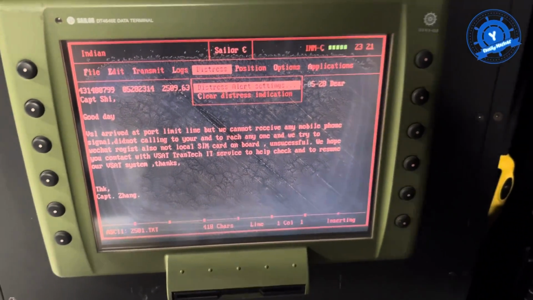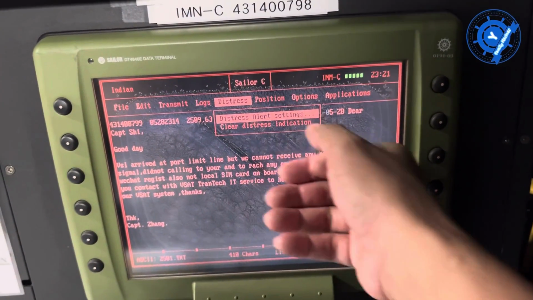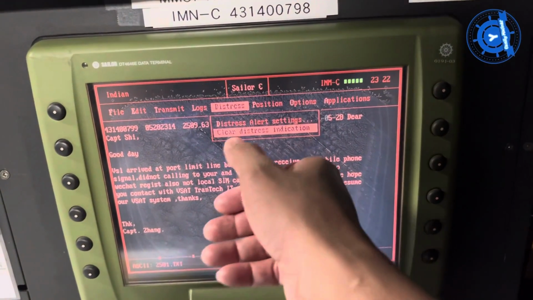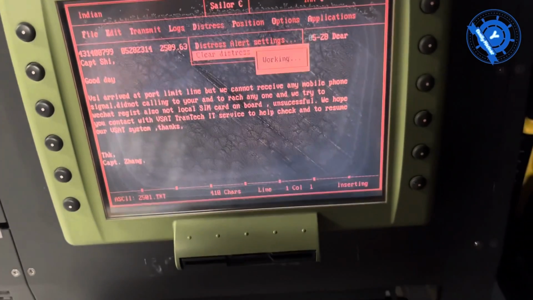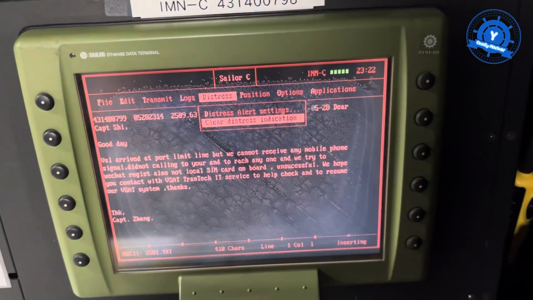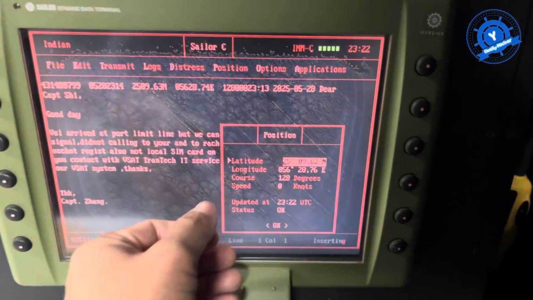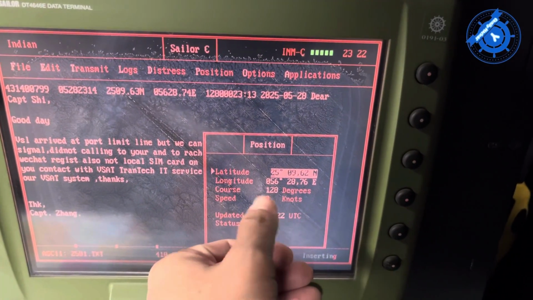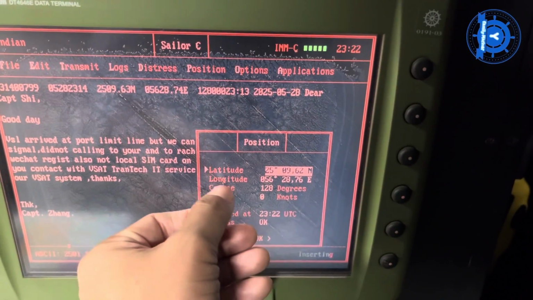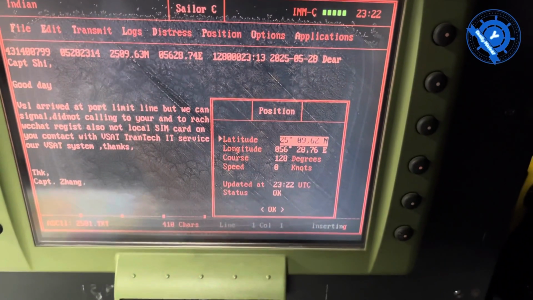If you make some mistake with the distress alert that was sent, at that time you can clear the distress alert indication: go to Clear Distress Indication and press enter. So there's the clear distress indication, and the right position means this is for accurate position display to the emergency. Because this emergency unit must be connected to GPS, the GPS position latitude, longitude, and also UTC is updated, status is updated, okay.